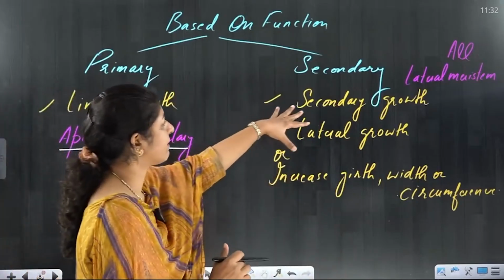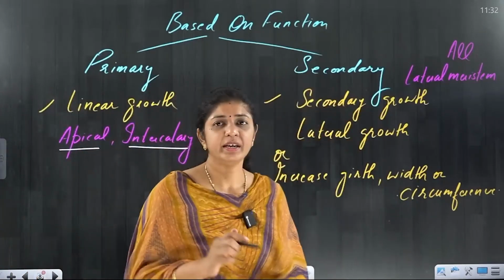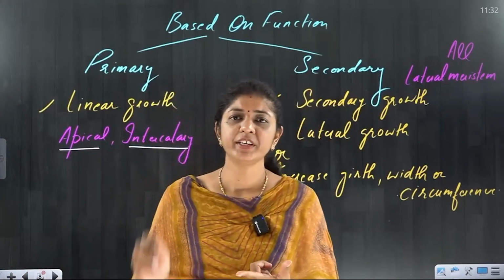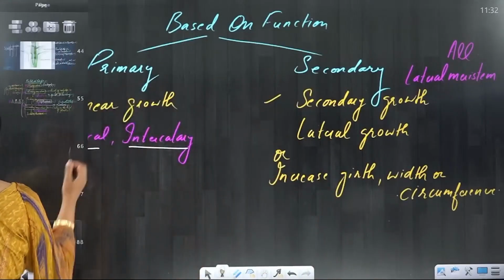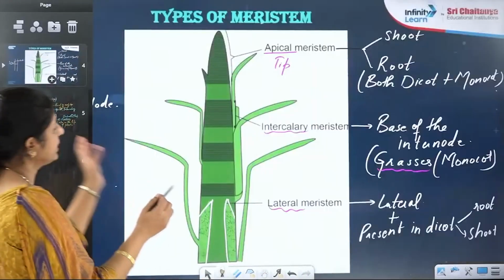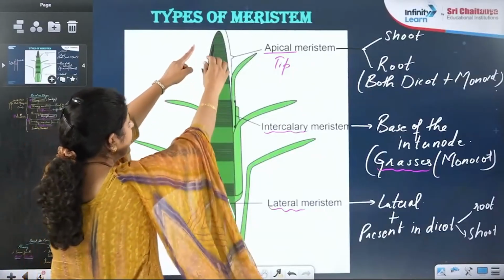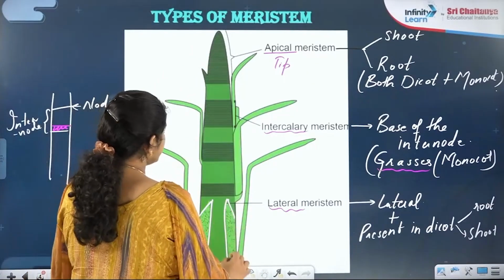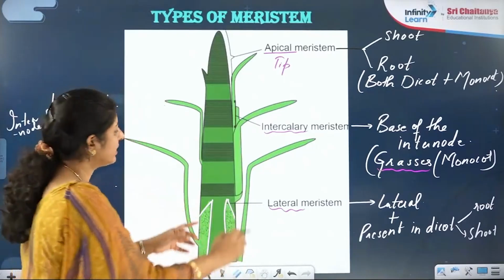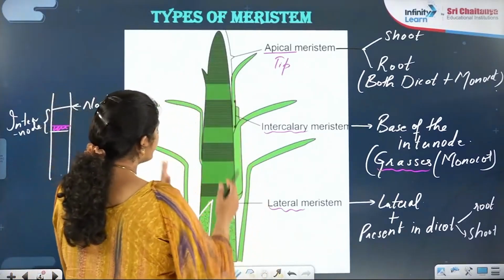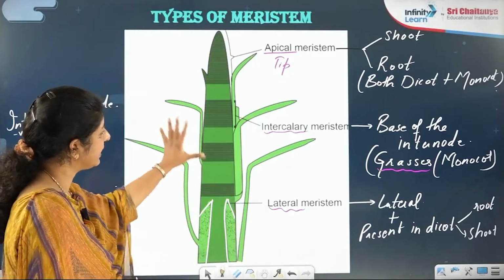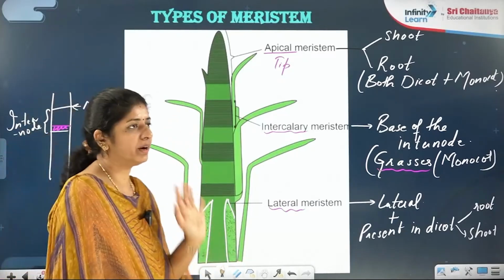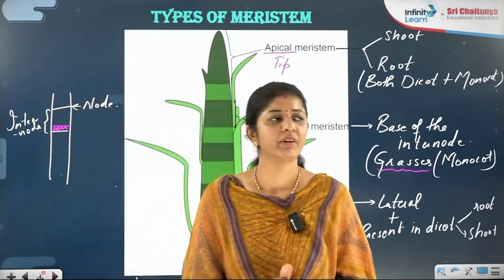Then which type is having the lateral meristem? Dicots will have it. In dicots, which part is having it? The older part. Let me go back to that slide. Like here, can you see? Same stem, upper part is younger and lower part is older. So the younger part will not have lateral meristem. Who is having lateral? The older part of the dicot has the lateral meristem.